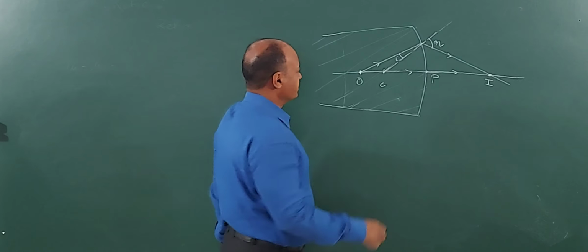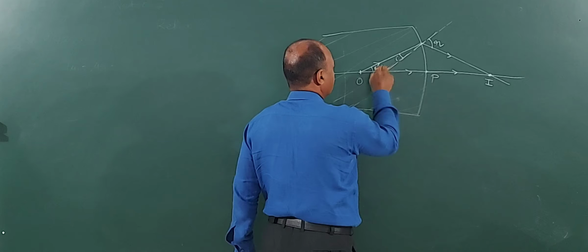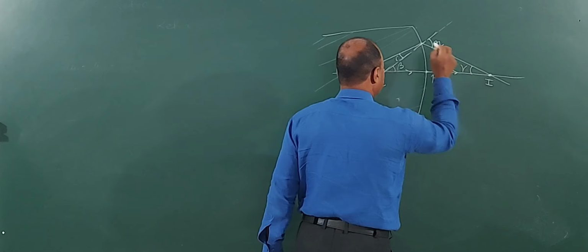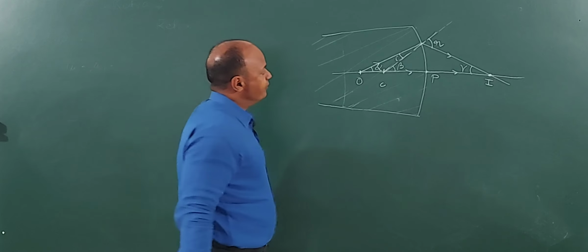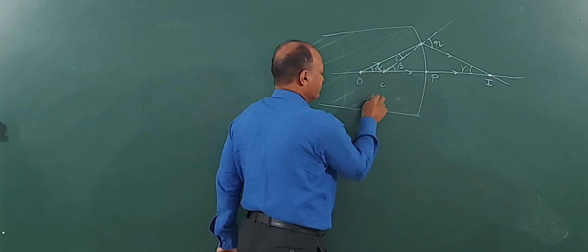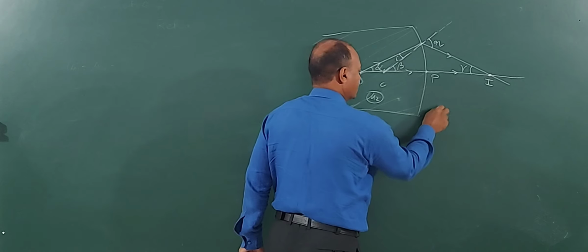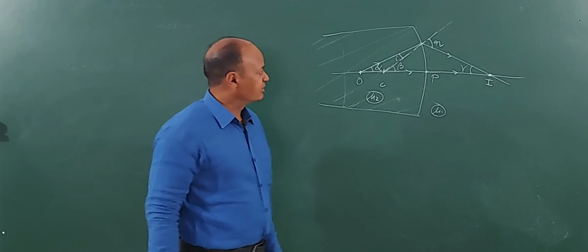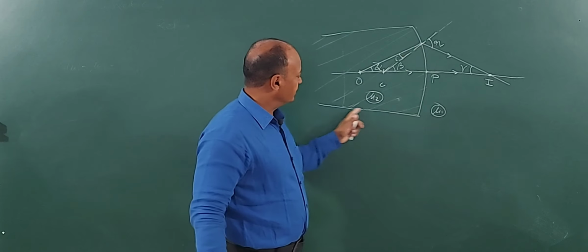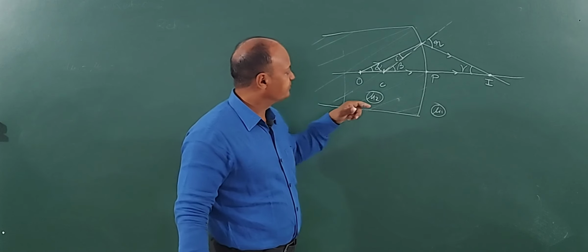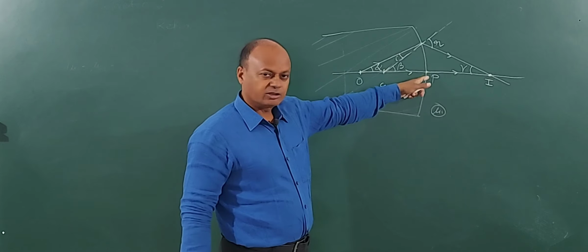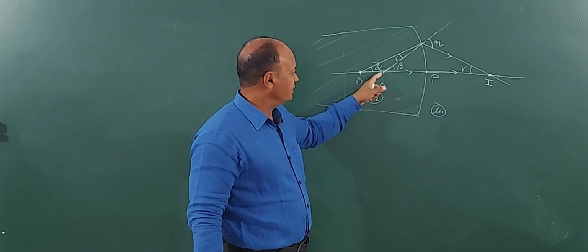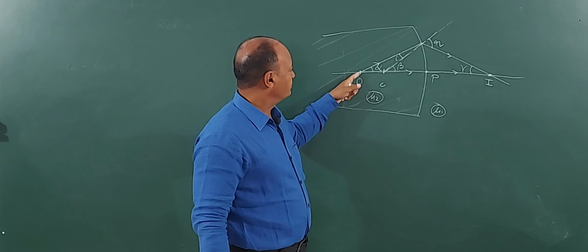Clear? Take this angle as alpha, take this angle as beta, and take this angle as gamma. Now, refractive index of the denser medium is mu2, as you have already taken earlier, and the rarer medium is mu1. I am showing the diagram once again. We have a convex refracting surface here which is curved, and P is the pole of the curved surface. Center of curvature obviously will be on the left in this case, C, and the object is here, O.